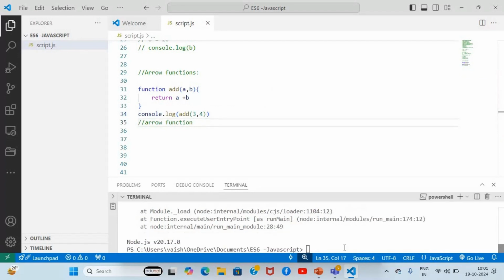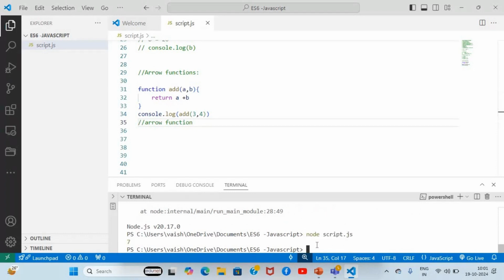So after completion of this function, if you understand this function, let's suppose you can see what is the value: 3 plus 4 is 7. So hope you understand. So how can we write the same function using the arrow function? Try to use the same functionality, but here the small change is